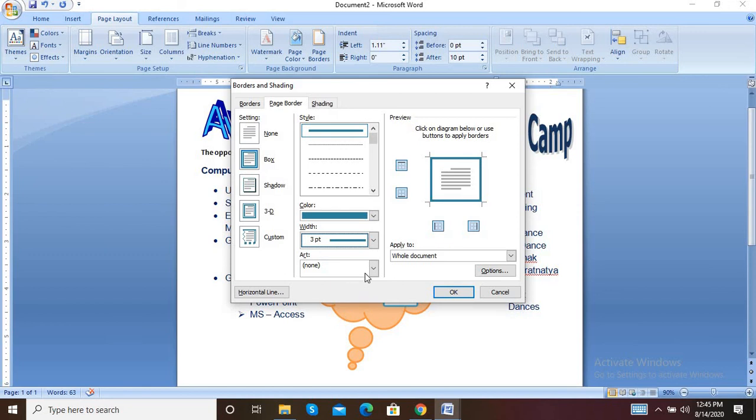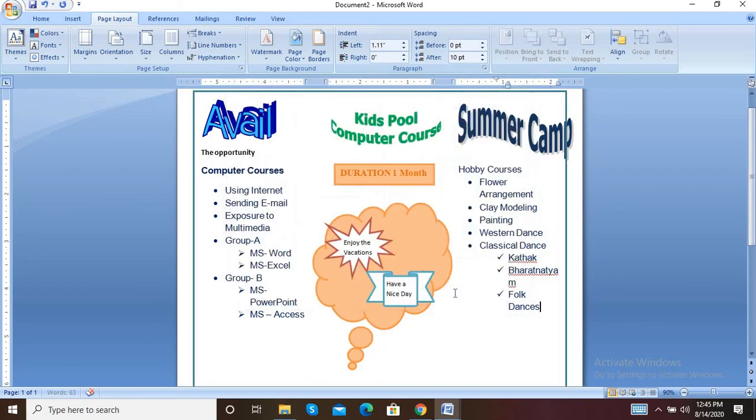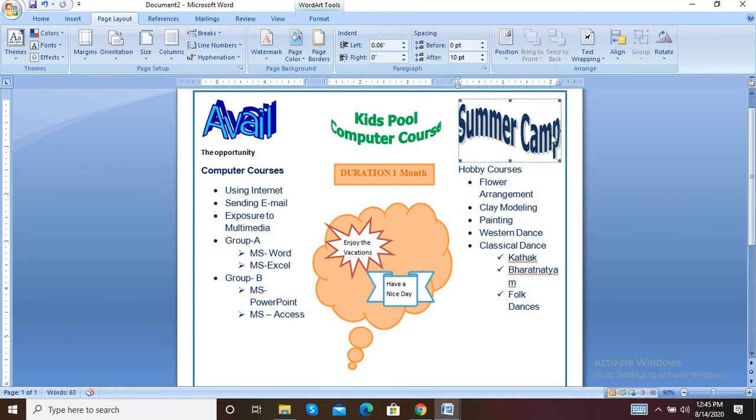You can select different types of art also. Okay, you can select that art also and click on OK. After that, you have to adjust some data.